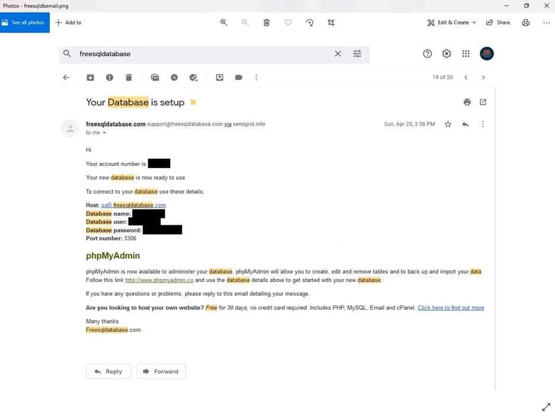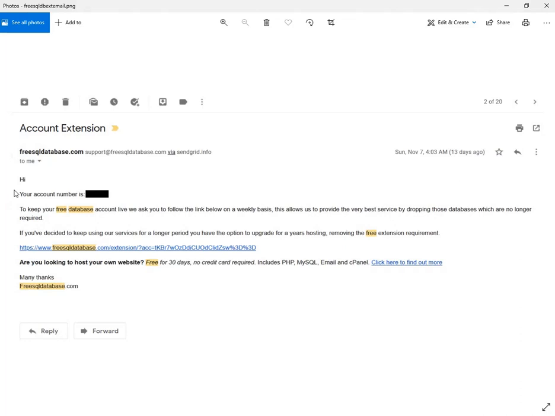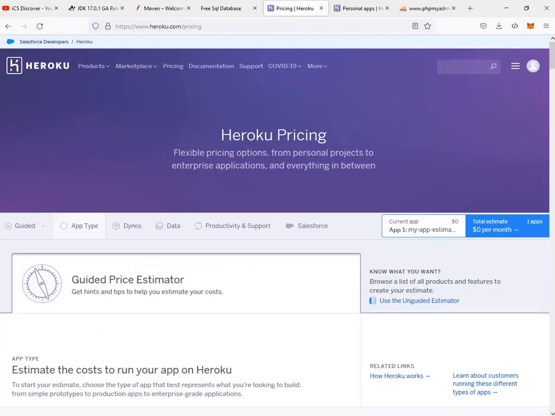So that email may look something like this. You're going to get something like, hey, if you want to keep your database and we don't want to delete your data, make sure you click on this link. So that's all. Once you have your database information and you've saved it, the next thing to do would be